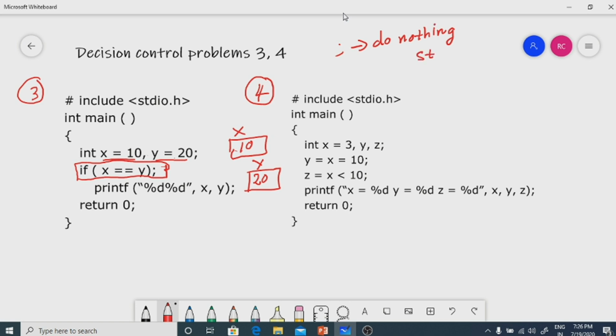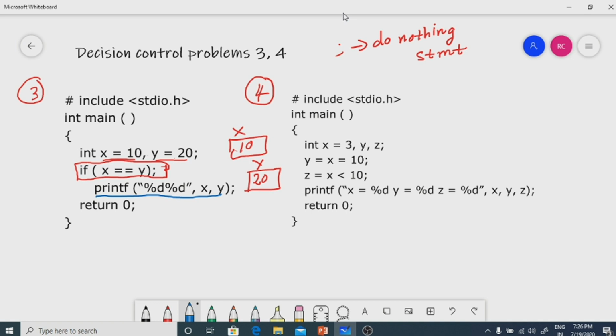So if x equal to y is true, execute the semicolon. Because semicolon is considered a statement, in this particular program the printf does not belong to if; the semicolon belongs to if actually.